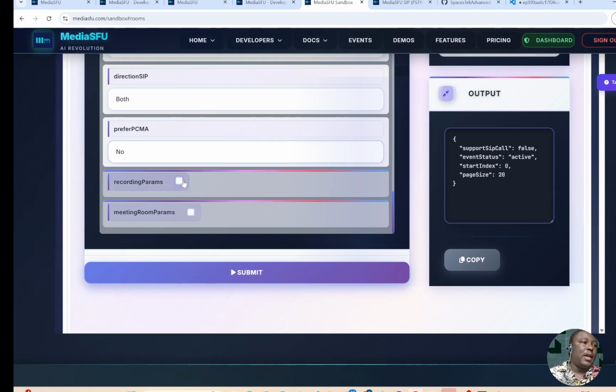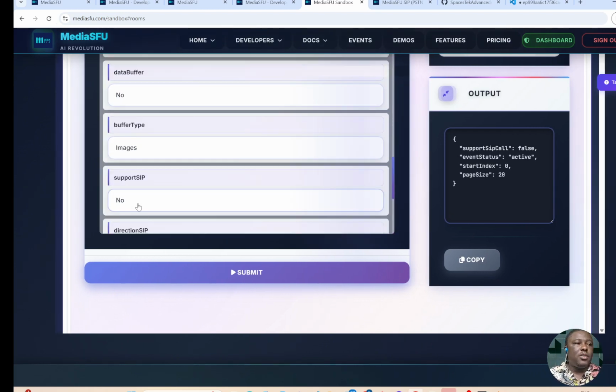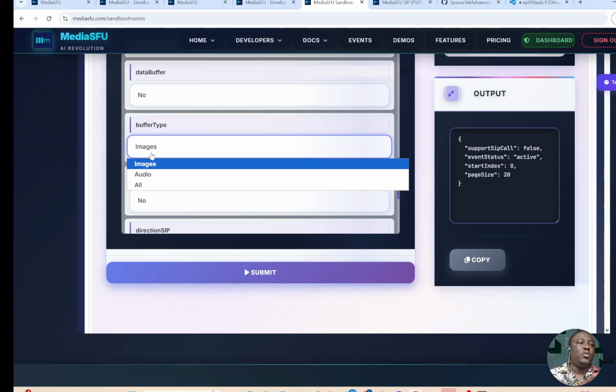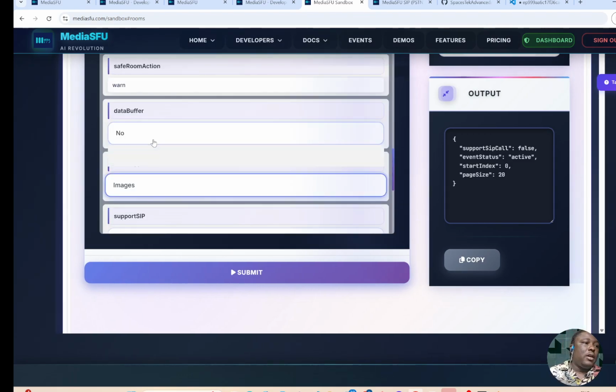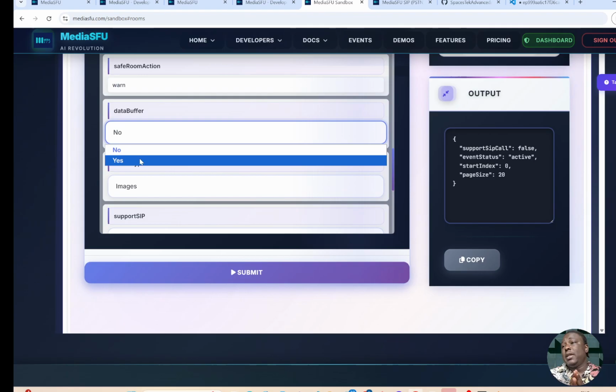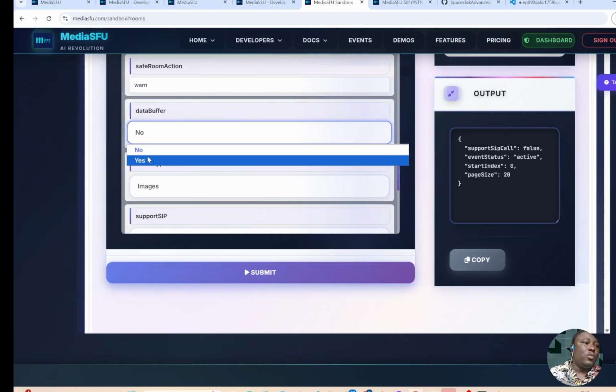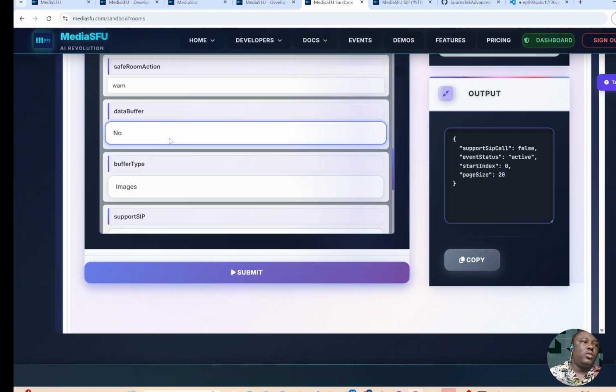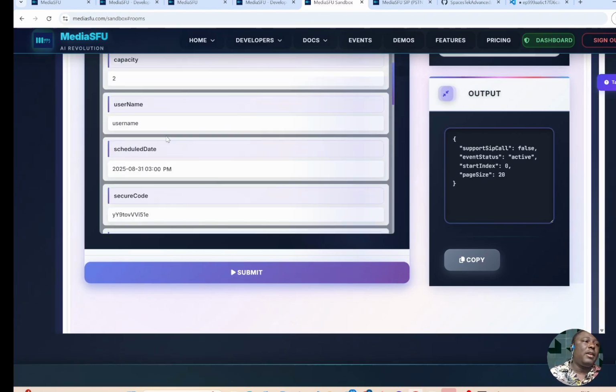You surely need that. Direction of SIP. If a SIP call is running, we need to capture the flow of whoever is talking. So at least you need an audio buffer to be captured, or if you want to be safe, and then surely the buffer needs to be captured for telephony agents to run. So when you're using an AI, you have stuff like this, which you could just easily modify and see